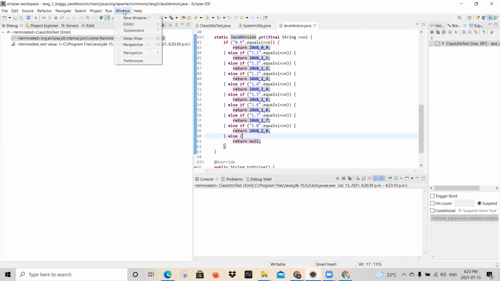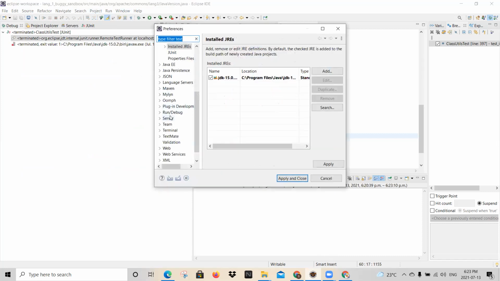So I will go to Window, Preferences, and then Java, Installed JREs. You can see that the only JRE installed here is Java 15. So yeah, that is true. That is the root cause of the problem. The environment is not set up properly. I need to install